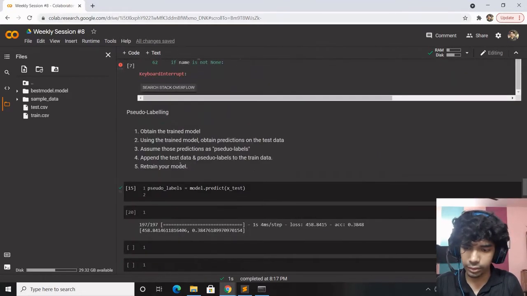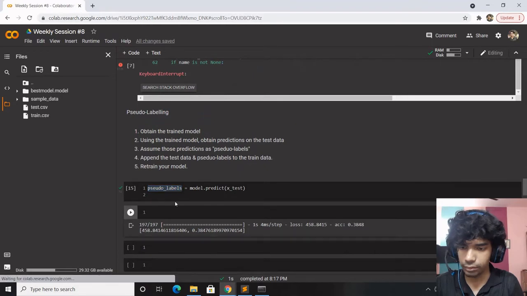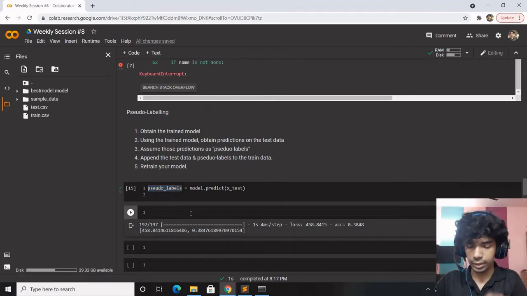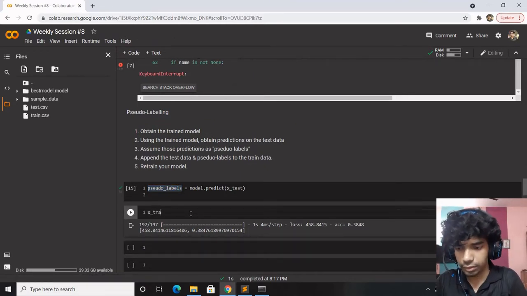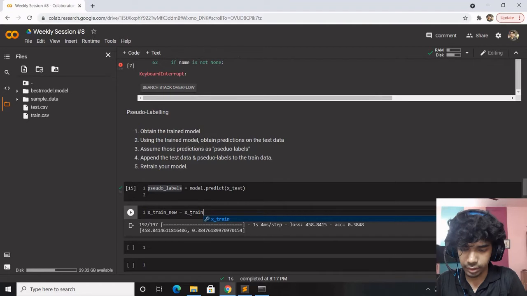What needs to be done is we have obtained the pseudo labels. Now the new data, x train new, would be equal to np dot concatenate x train and x test.